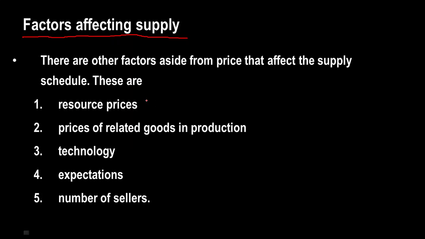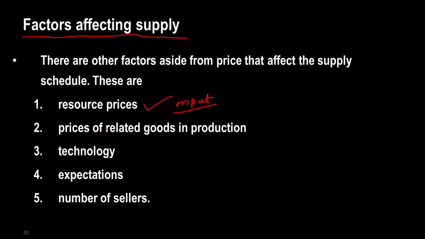फर्स्ट जो इम्पॉर्टेंट चीज़ होती है दैट इज़ रिसोर्स प्राइसेस, और इसको हम बोलते हैं इनपुट प्राइस ऑल्सो. इनपुट प्राइस जो चीज़ों को प्रोड्यूस करने में, सप्लाई से पहले प्रोडक्शन होगी, सो प्रोडक्शन करने में जो चीज़ें इन्वॉल्व हैं, जो रॉ मटेरियल है, जो इनपुट है, उसकी प्राइसेस क्या हैं, उस पर डिपेंड करता है. सो वी विल सी इन डिटेल वन बाय वन.